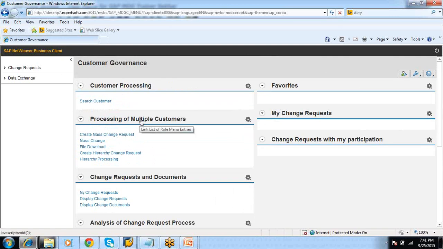So if you see here, what is this, process of multiple customers? Your role is limited only to customer modification. So you cannot maintain any suppliers or vendors or any finance master data using this role. Your access will be controlled by a role. It's role specific. Similarly, if I go back and see,